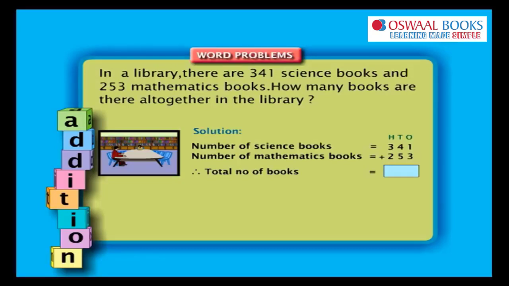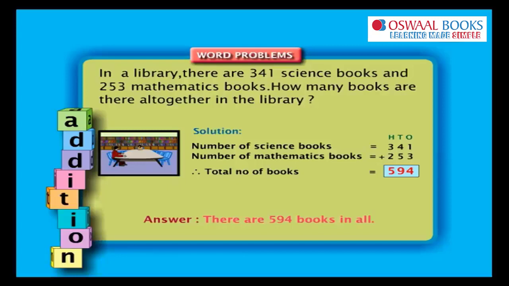253. Add the ones column. 3 plus 1 is equal to 4. Add the tens column. 4 plus 5 is equal to 9. Add the hundreds column. 3 plus 2 is equal to 5. On adding 341 and 253, we get 594. So, the total number of books in the library is